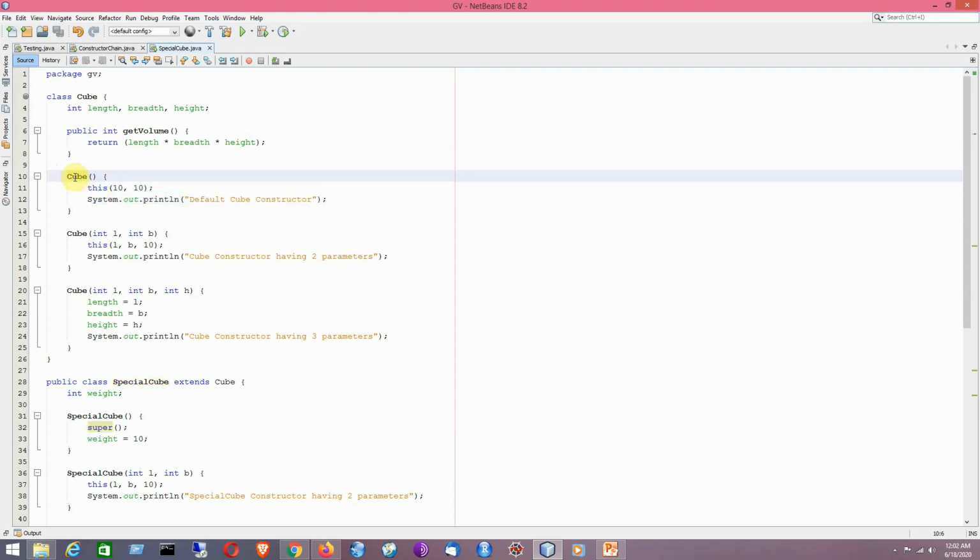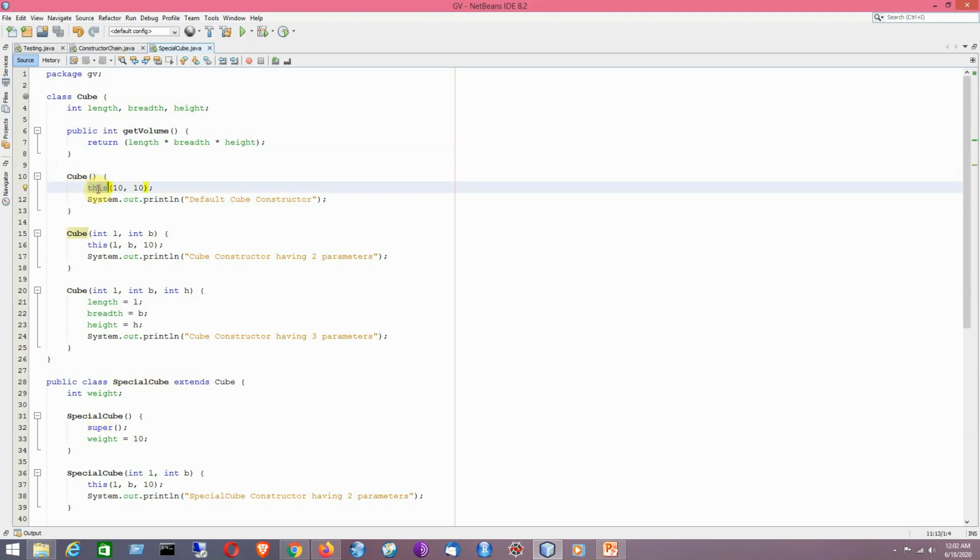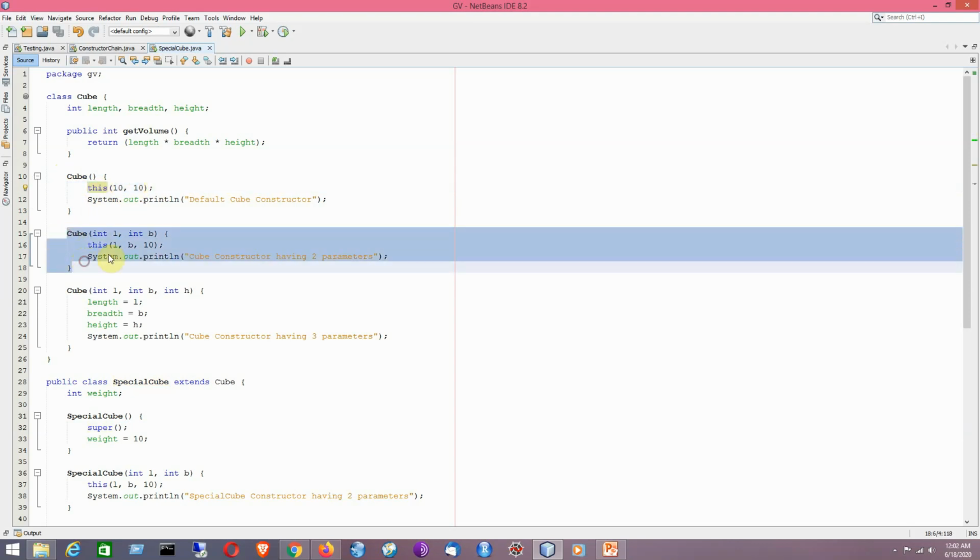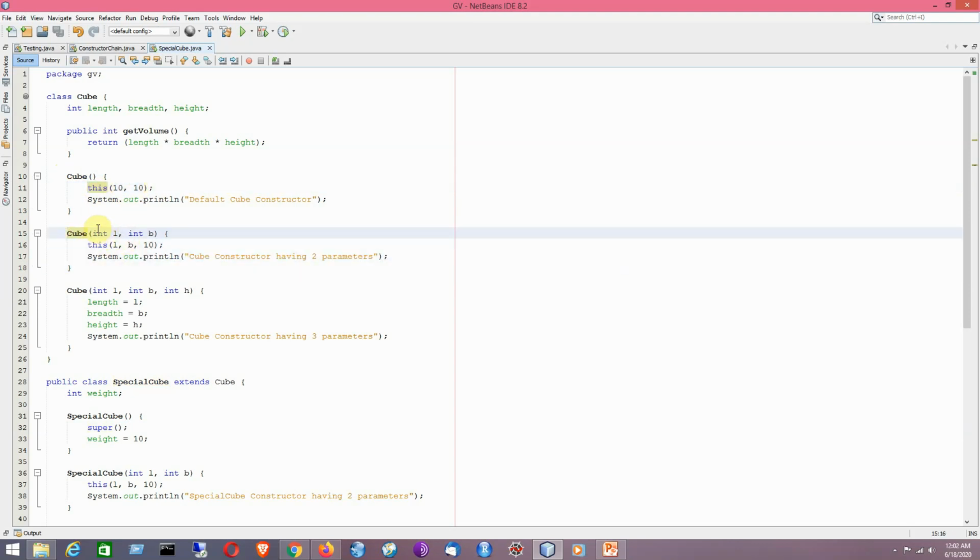Now within the cube default no argument constructor we have a this call. So it will be looking for the matching parameterized constructor and it happens to be this one. So it will be passing the values as 10, 10. So for the second constructor, it will be having the values as 10 and 10.